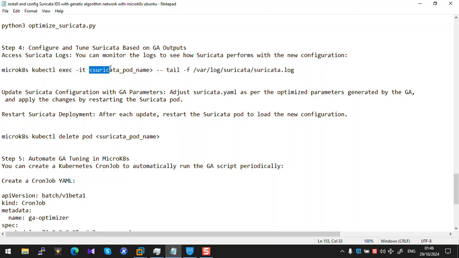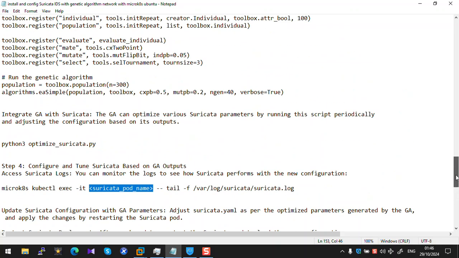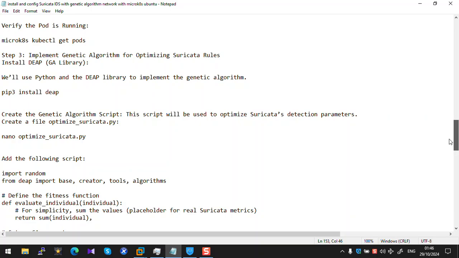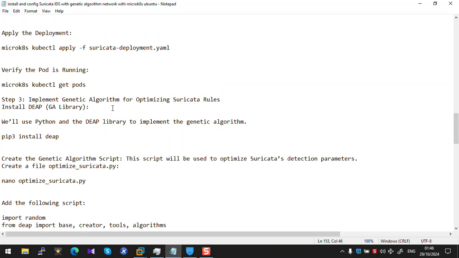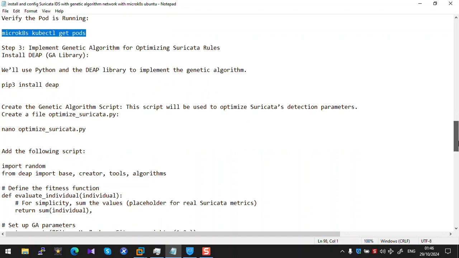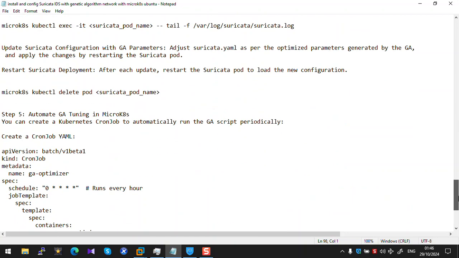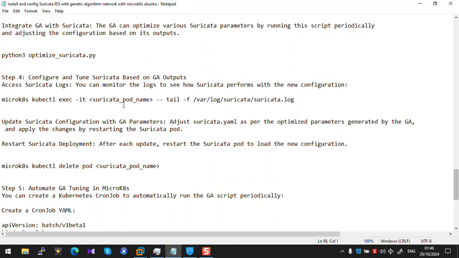Use this to get the Suricata pod name. Use microk8s kubectl get pods and name, your pod name here, and run and execute these